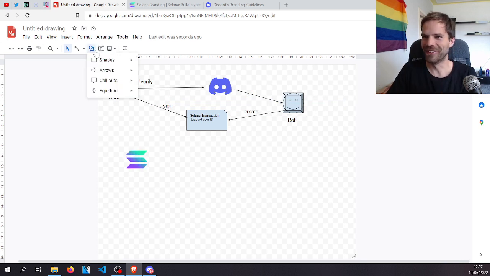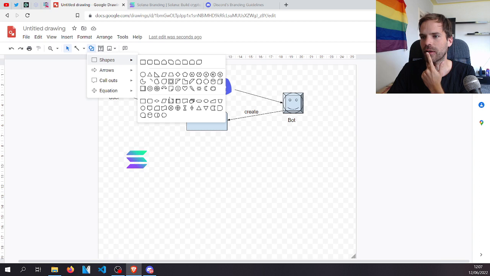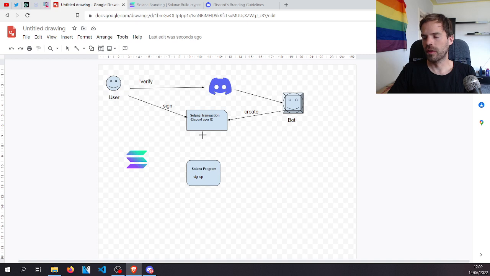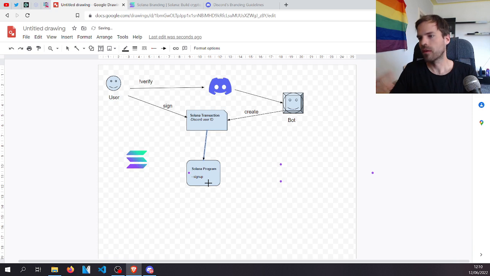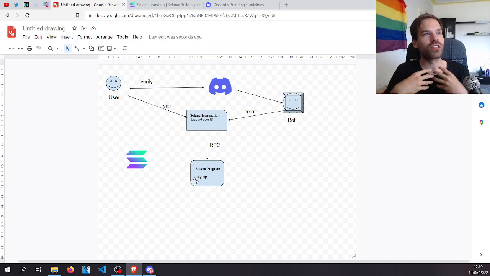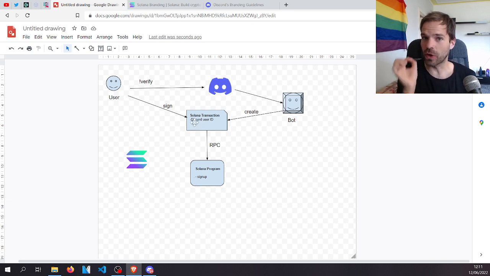What's a good name for a program? And it has a sign up function. And then the transaction is sent to the program via an RPC, and then the program needs to do something smart. Now, what does the program actually do? Well, in my head, it just creates an account for the user. So, depending on the Discord ID, I create another account,